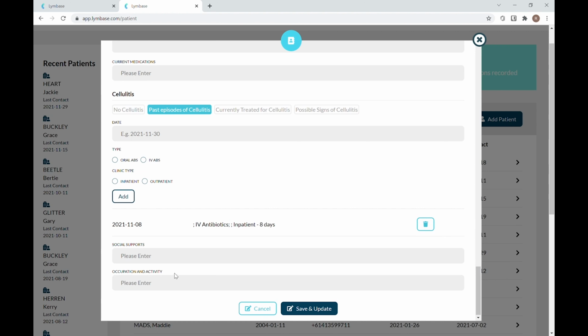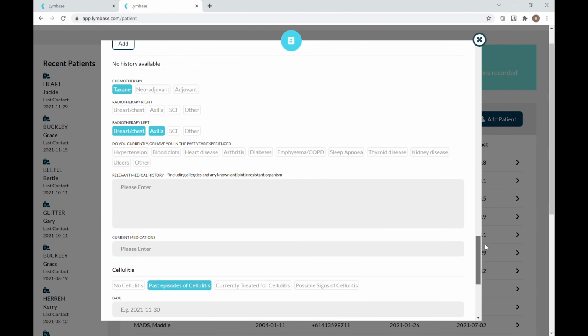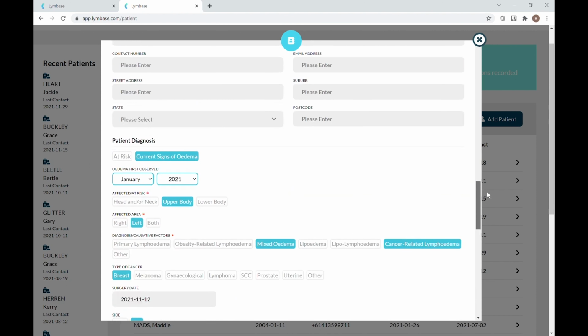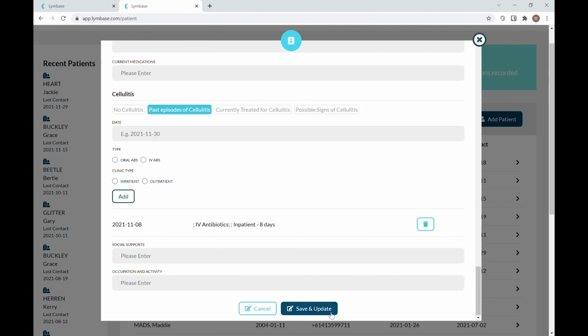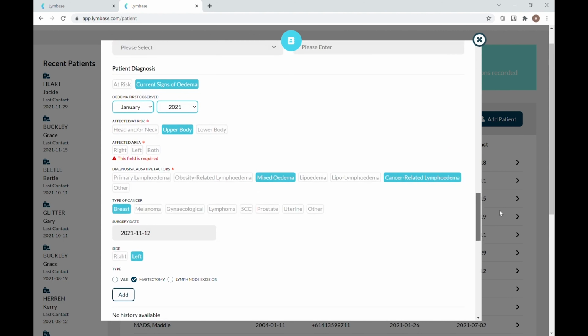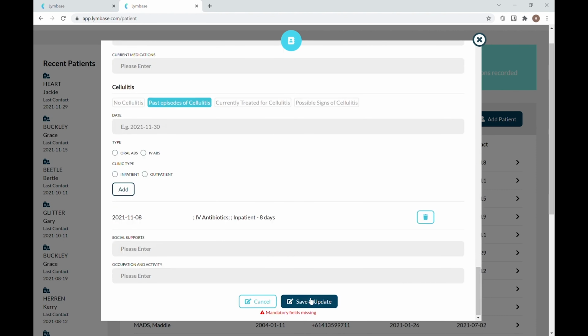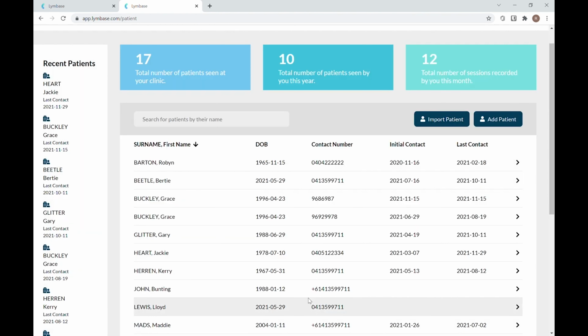And again, we have here social supports, occupation and activity. So you can really put anything that you want to in those free fields. I'm going to actually remove one of the mandatory fields. And then if I click on save and update, it won't let me. It will make sure that I go back to that mandatory field and fill it in. Okay, so let's go back to save and update, and it will take us back here